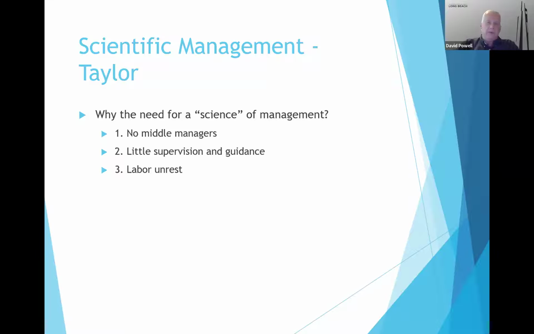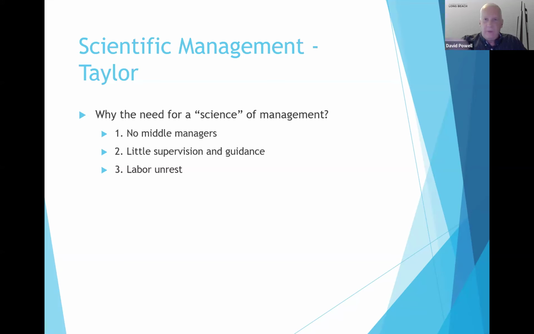So here is one of the major differences between Frederick Taylor and Max Weber. Max Weber looked at the structure of the organization, trying to create that ideal structure, whereas Frederick Taylor focused on specific work processes within organizations. So he was much more process oriented. But again, he is also very much influenced by the Enlightenment era, the whole idea that we can create a science for something in order to better understand it. So he argued that there was a need for the creation of a quote unquote science of management.